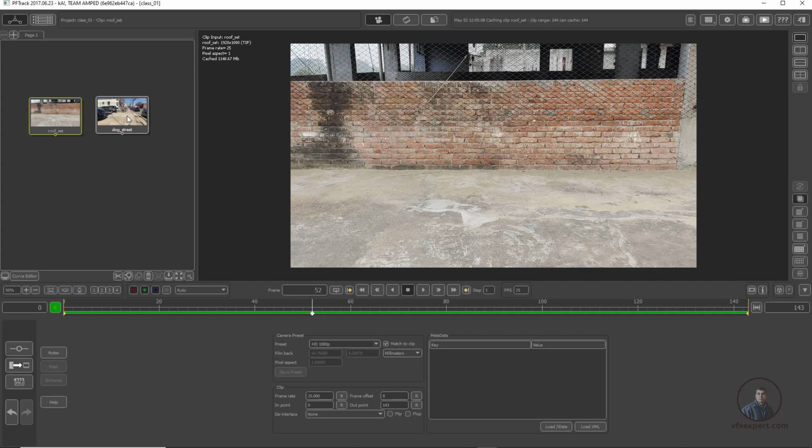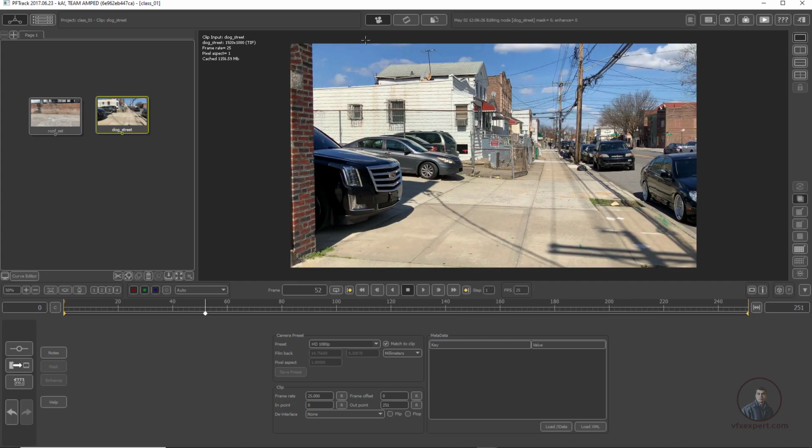The second thing I am going to show is the footage information. If you double click here, downside you will get the footage information, like the frame size. Downside you can also see the frame rate. Again double click on our second footage and you will get the same information: frame size, and you can also check from here. Sometimes the frame rate is important, because by default if you import your image sequence, PFTrack sometimes creates a problem with your frame rate.